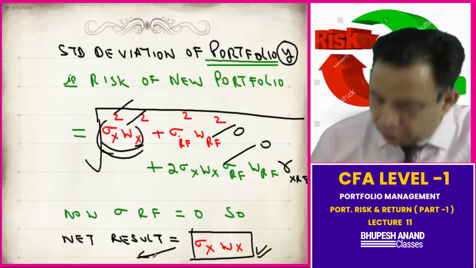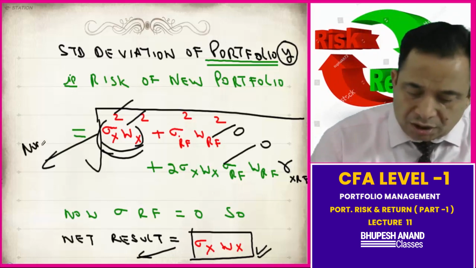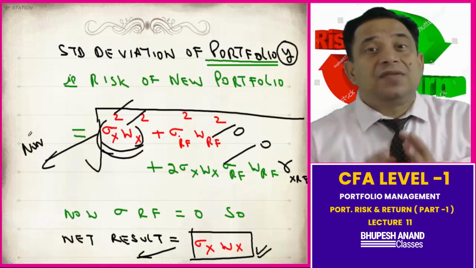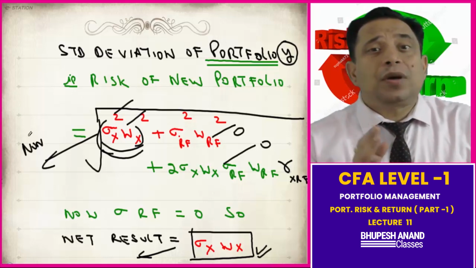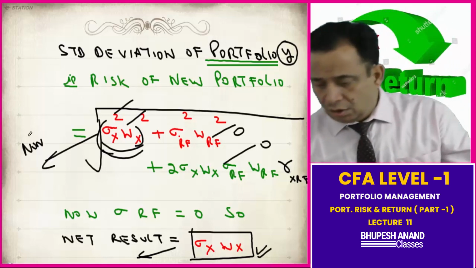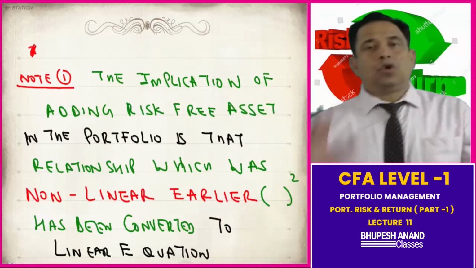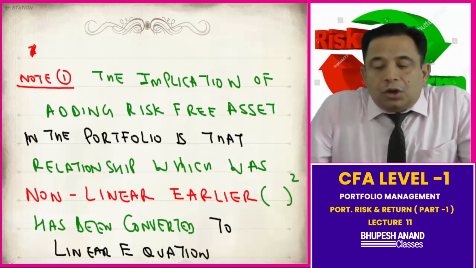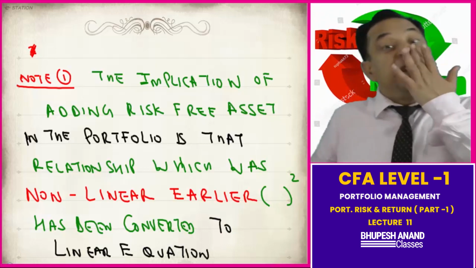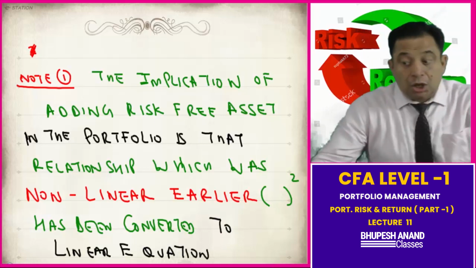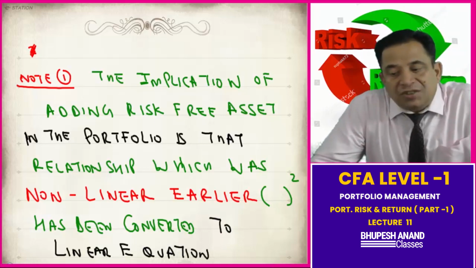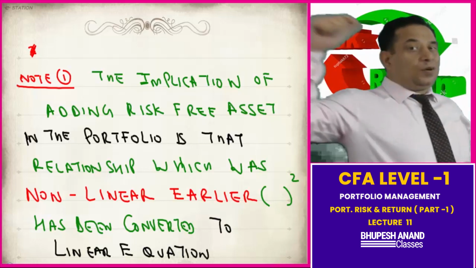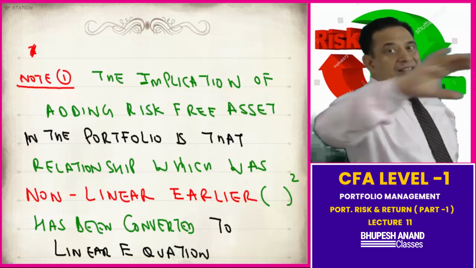Now this is a linear equation. Now this is a non-linear equation. So with the help of introducing a risk-free asset, I have converted a non-linear equation to a linear equation. Now it will ease my task. Note 1, please write down note 1, very important. The implication of adding a risk-free asset in the portfolio is that the relationship which was non-linear earlier has been converted to a linear equation. By introducing a risk-free asset, we know that standard deviation is 0 and anything multiplied by 0 will